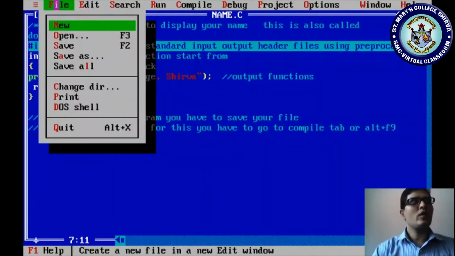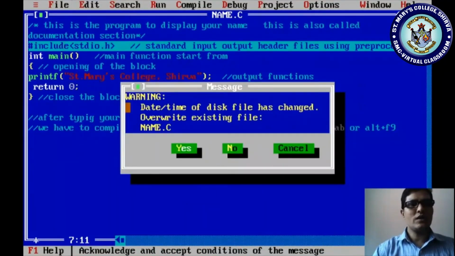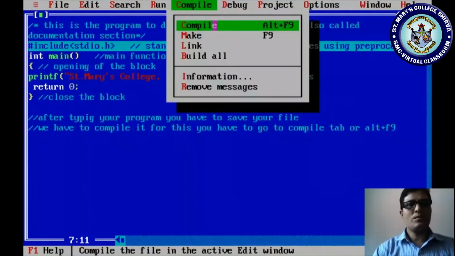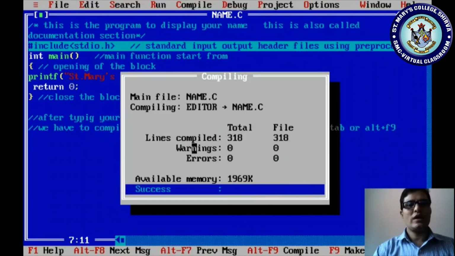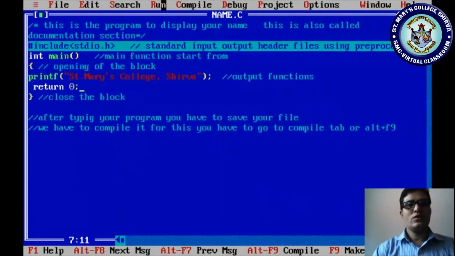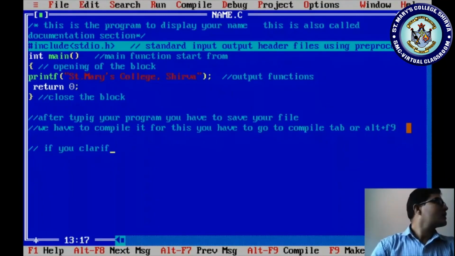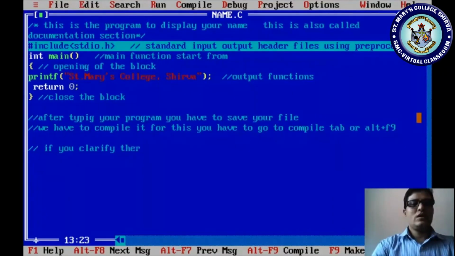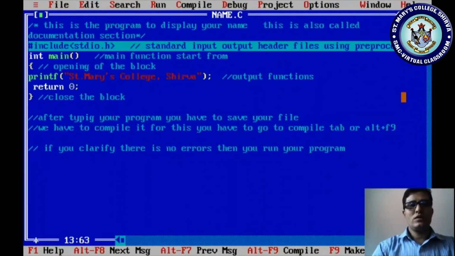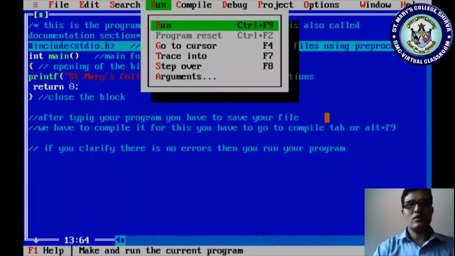I will give you a general example. Suppose I give you 20 sticks bundled together with a tag, and I ask you to break them. It is not possible, right? Then how can we do that? We can share them with friends, one stick each, and you can break them, isn't it? So then the complexity of that task is reduced. Got it? In the same sense, if you want to reduce the complexity in your program, a large program should be divided into small blocks and we call them whenever necessary. So that is called functions. Likewise, to reduce the complexity, we are using functions. Every C program starts with the main function.